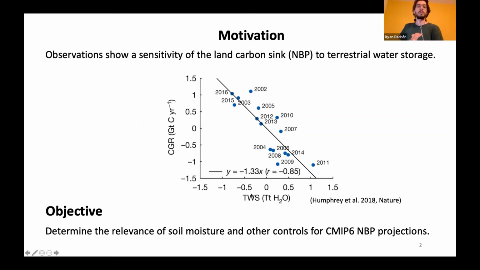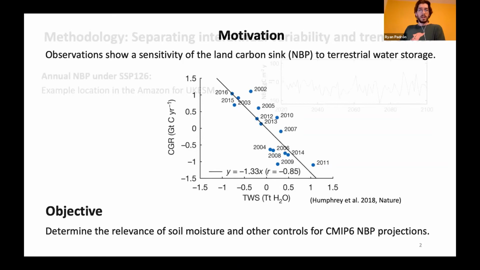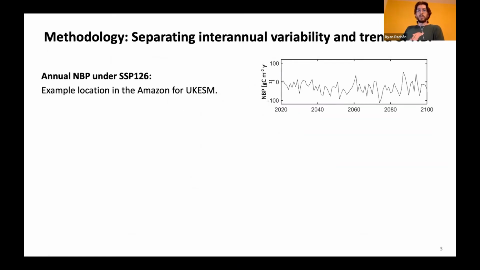water storage. Now in this study, we want to go beyond this global relation and analyze the controls of MVP in space, given that the models actually provide all the necessary information at every grid cell. In this case, we want to distinguish between the controls of the detrended interannual variability and of the trend in MVP. So I want to start with this simple example of an annual time series of MVP in a single grid cell in the Amazon and for a specific model